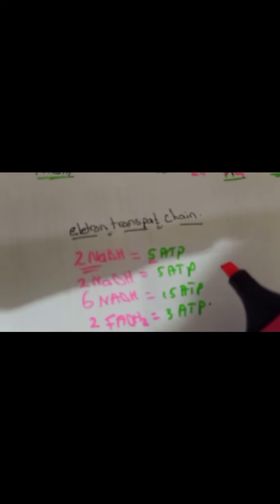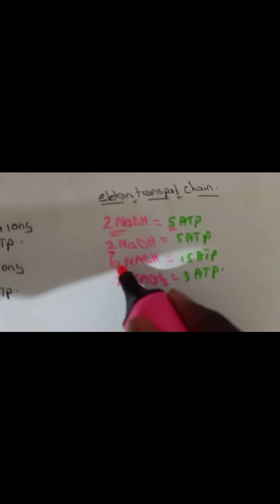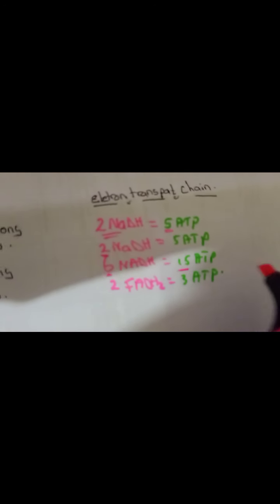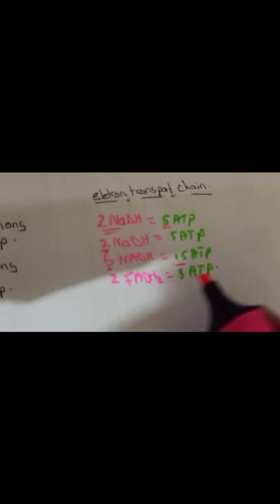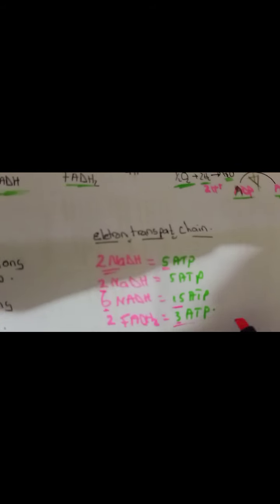Going back to our Krebs cycle, it gave 2 NADH, which gave 5 ATP. It gave also 2 NADH, which will have 5 ATP. Here we have 6 NADH, which will give 15 ATP. 2 FADH2 will give 3 ATP. So the total will be